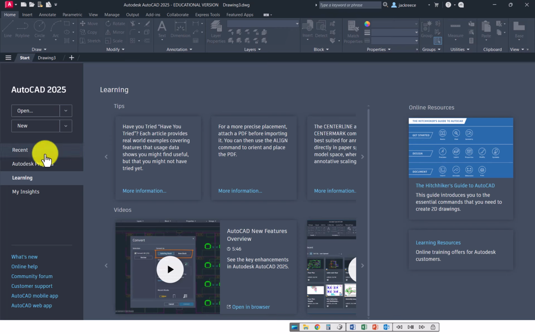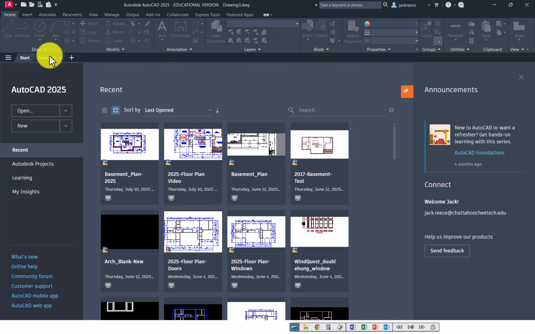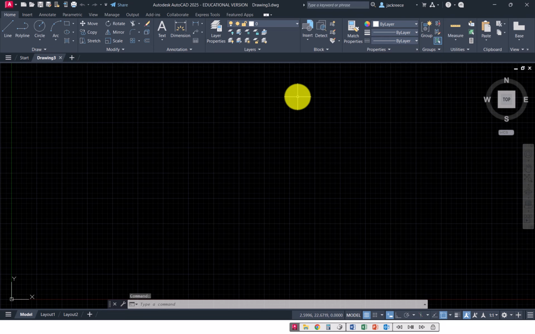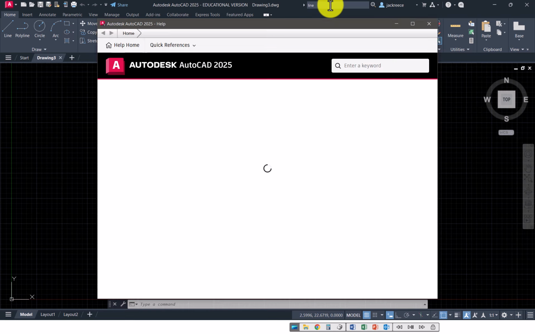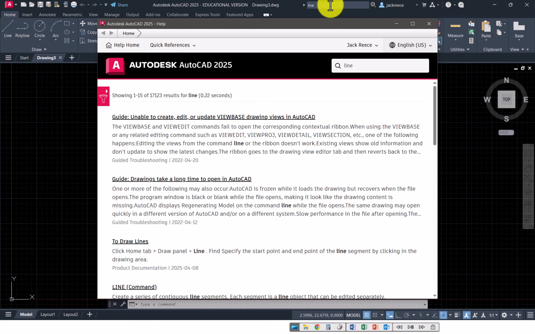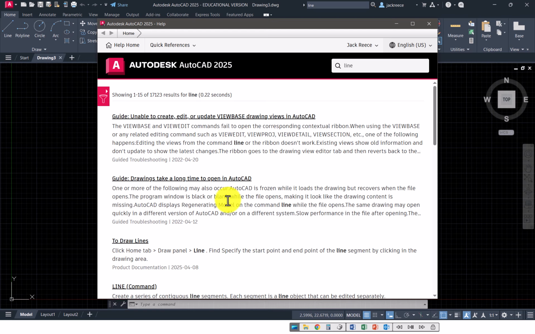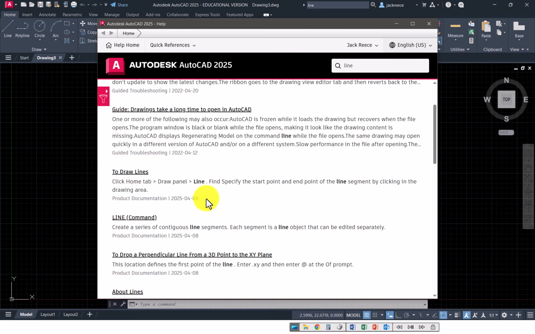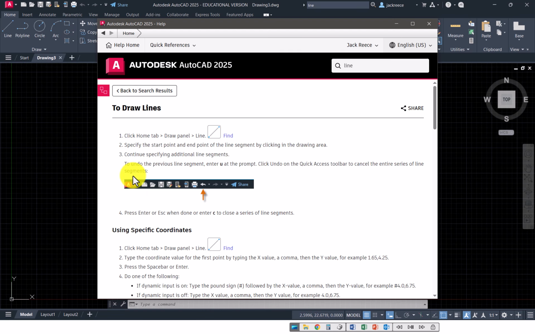One thing you can do is up here. It doesn't matter where you are. If you're in a drawing and you can't figure out how to do something, you can come up here in this search bar and you can type in the command. So I'm going to say line and hit enter, and it brings up the AutoCAD help. Anything that deals with line, okay? And so you can click on to draw lines, and it walks you through how to do different things. Oftentimes in here, you'll see these little find buttons, okay? And so if you hit that,